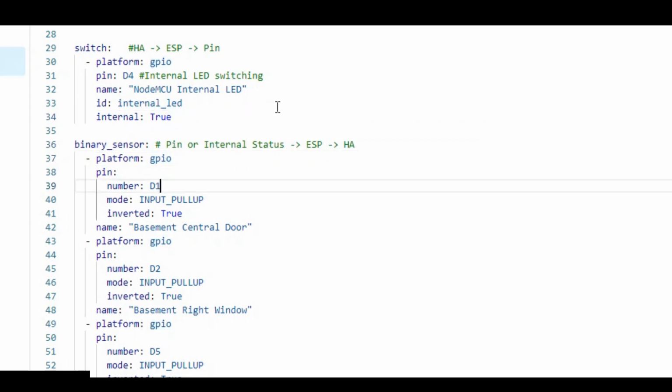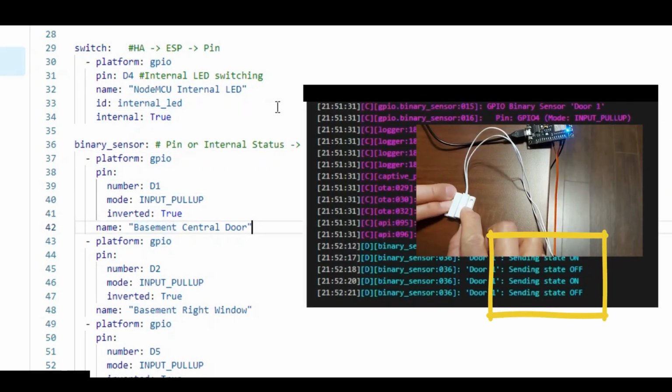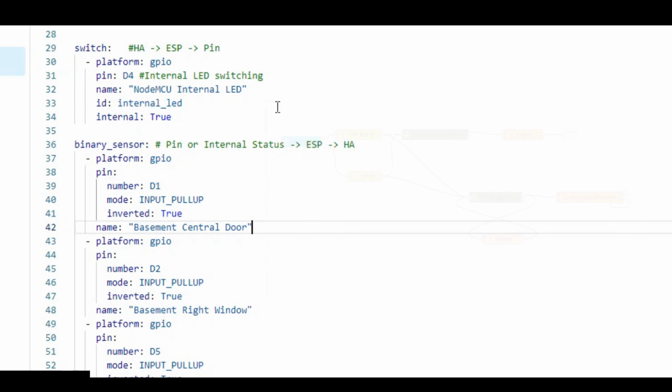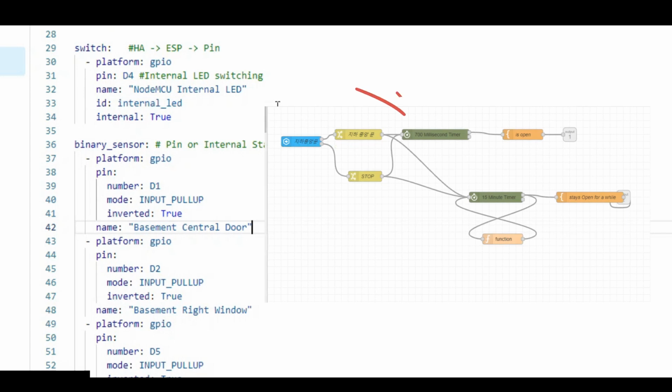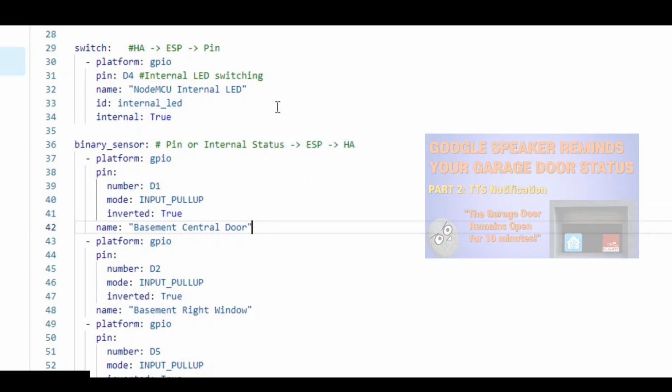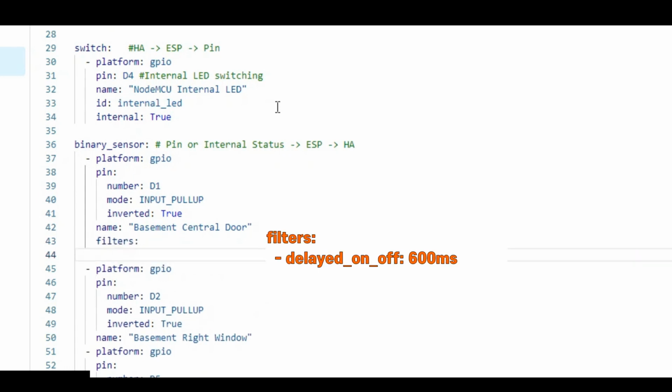Next, in order to prevent switch bouncing, which is the phenomenon of sending multiple false on-off signals due to the mechanical characteristics of the switch, I previously added logic on the Node-RED side that delays the on-off state for 700 milliseconds. Then, in a later video, while I was working on the garage door project, I implemented this delay logic not on the Node-RED side, but on the Node MCU side by adding a filter.